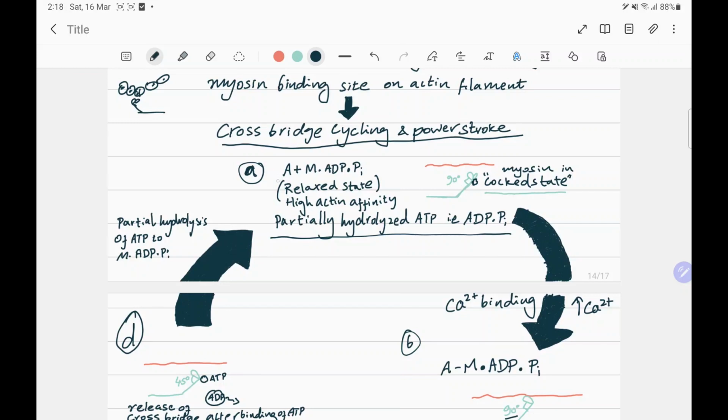And what happens is, now look at this picture, this thing I've written, A plus M dot ADP dot Pi. So this is the actin. It's over there. It's separate. So A plus, because it's different from myosin. So now you have the myosin. This is M. So this is A plus, because they're separate. They're not together. This is M. But look at the myosin. Myosin is in a complex relationship with ADP dot Pi. Alright, so it is partially hydrolyzed. This is in the relaxed state, where the myosin has a high affinity for actin, but it just can't find actin because there is